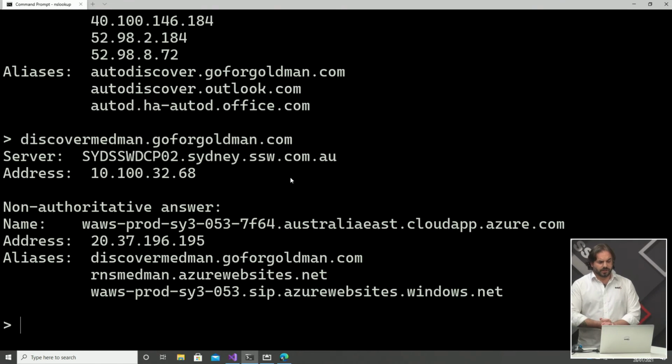Perfect. Okay, great. So we can see that discovermedman.goforgoldman.com has a DNS record for it. So why don't we see how this works with our mobile app? So if I go to